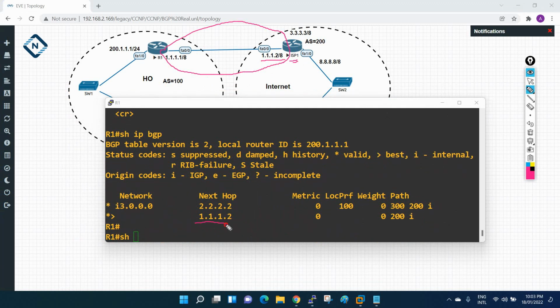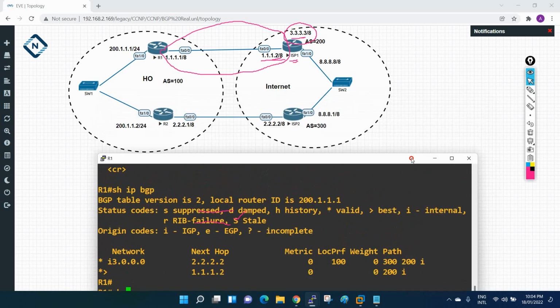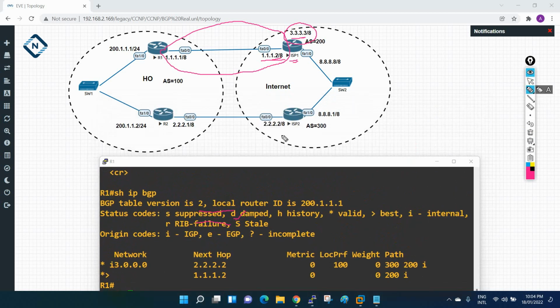So if you see, this is the 1.1.1.2 next hop. So I am getting this network 3.3.3.3 from ISP1, and also I am getting this from 2.2.2.2. Who is 2.2.2.2? If you see here, that is ISP2.